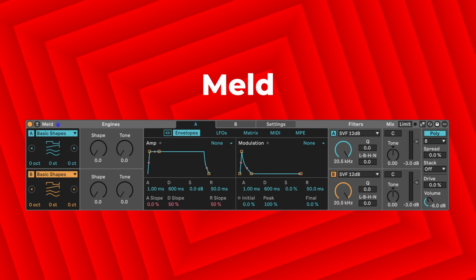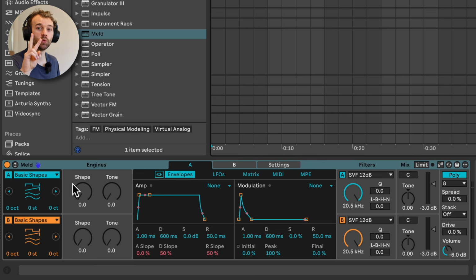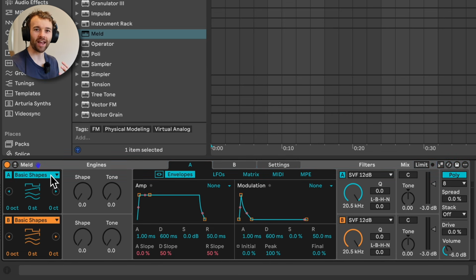Our last instrument in the synthesizer category is another synthesizer that only comes in Ableton Live Suite, and that is Meld. Meld is a unique bitimbral macro-based synthesizer, and what does that mean? Well, basically, instead of it being a traditional synthesizer where we kind of choose an oscillator and there's very clear signal flow, etc., and the ways in which that oscillator makes sound, Meld is made up of two different independent engines or sound sources, each of which can be a selection of kind of more unique sounds and ways